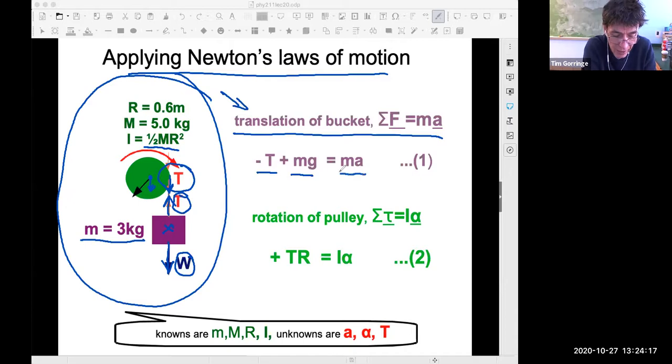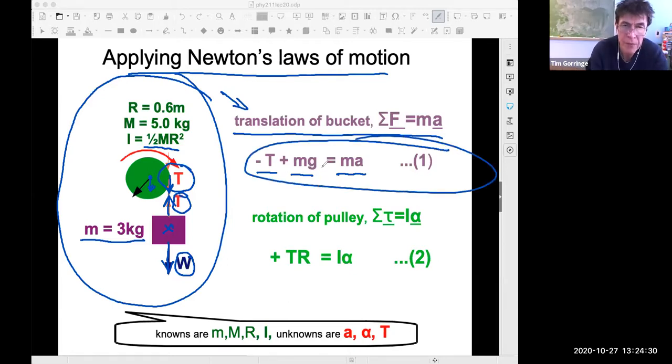Those are the two forces that act. They add together through Newton's second law to determine the acceleration of the bucket. They add together to be equal to ma, mass times acceleration. And so this equation here, I labeled it number one, is important. It's the one describing the translational motion of the bucket. I did the same thing